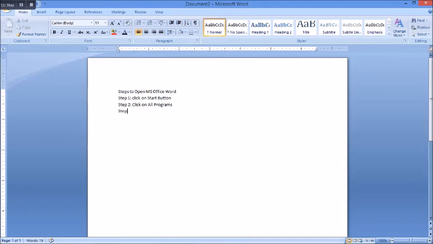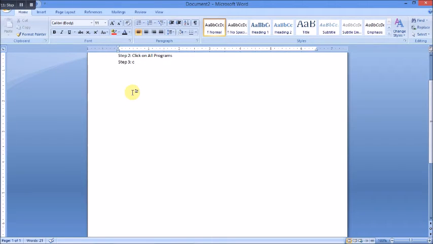Step 3, click on Microsoft Office, the Microsoft Office package.